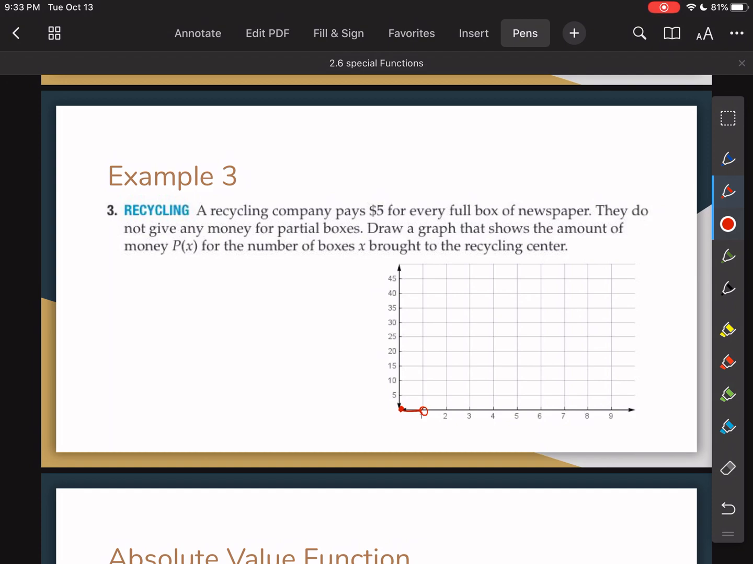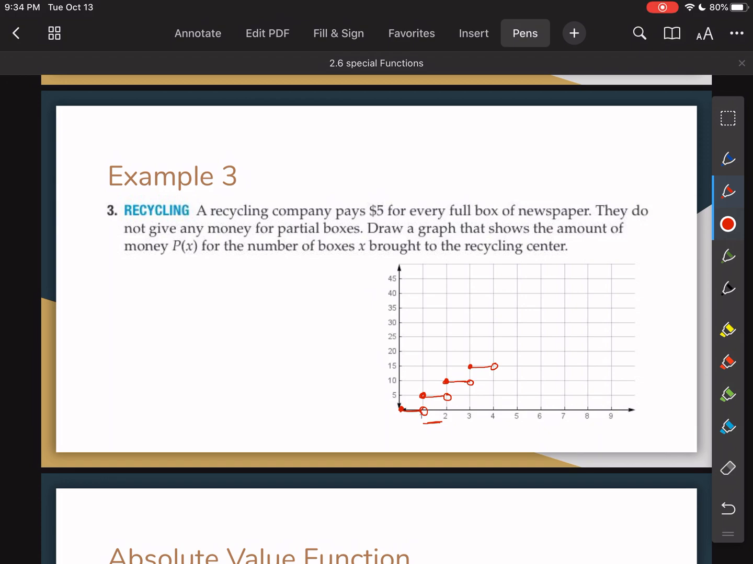If you have 1 box, notice we would get $5. But if we have anything between 1 and 2, so any partial boxes, we still only get $5 until we get to 2. And at 2, we jump up to $10. Then for anything between 2 and 3, we don't get anything. But if we get the third full box, we jump up to $15. So this is an example of a step function,